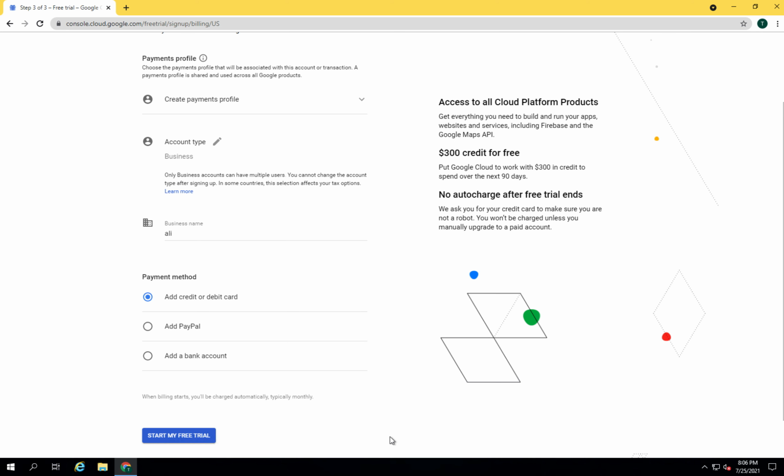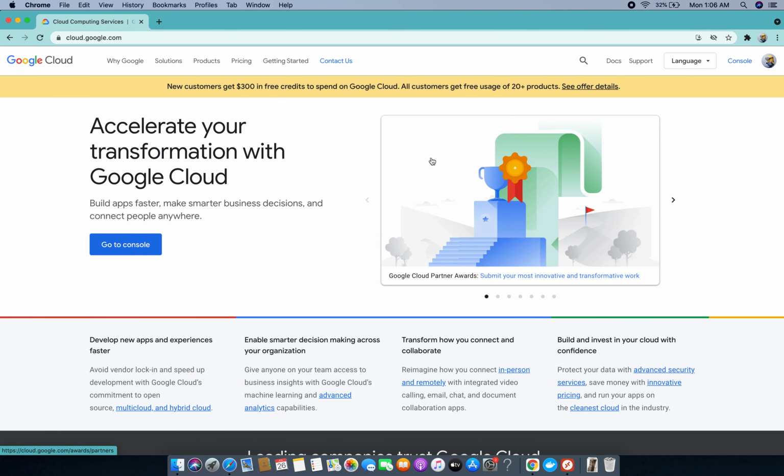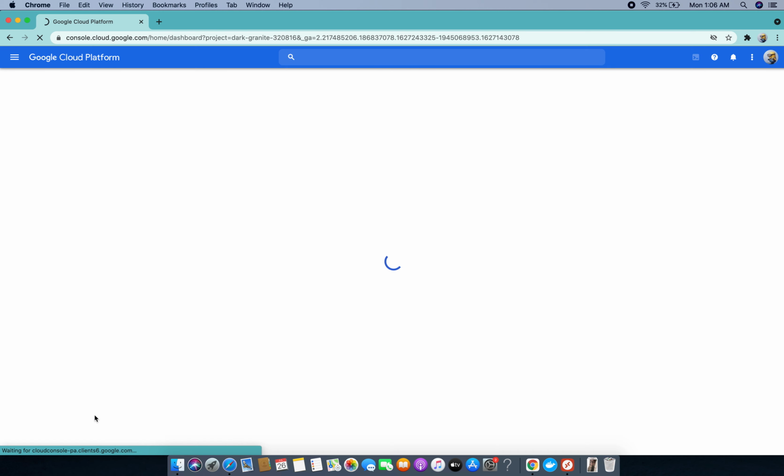Once you have done this process, you will get $300 for free, and you can use that to buy any of the services. They have different cloud services. I have already bought this service, and I will click on console to show you people how it works.